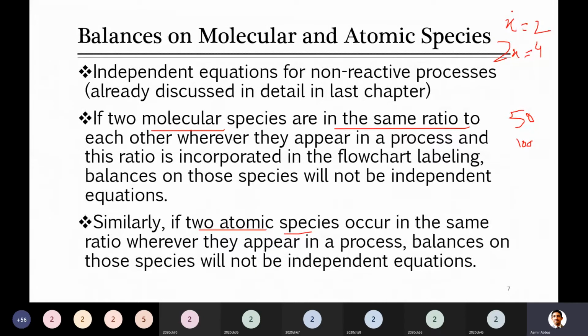For example, at the top you can see I wrote x is equal to 2, and the other equation is 2x is equal to 2. This is just multiplied with some factor, only multiplied with 2. And when one is 50 and the other is 100, that is again multiplying with a factor of 2 and writing the equation. So whenever you want to solve such equations, they will not give you the solution.